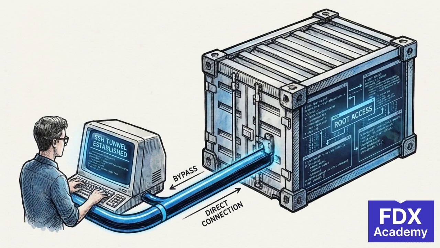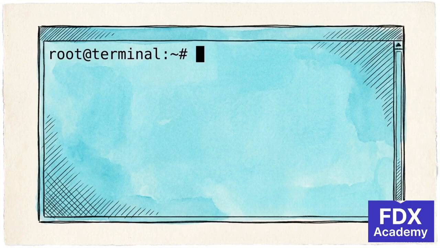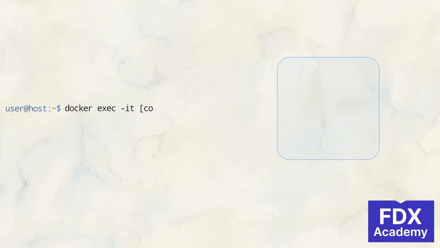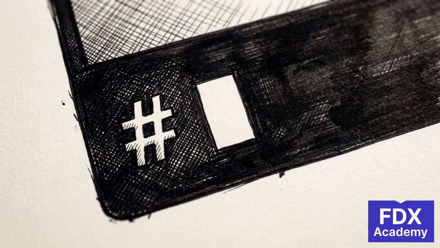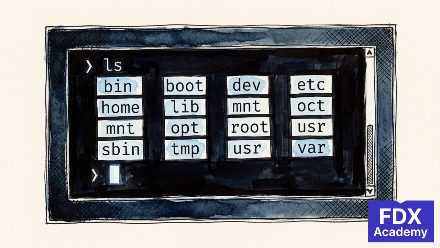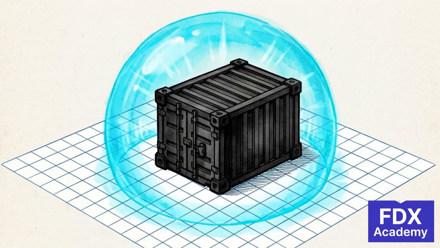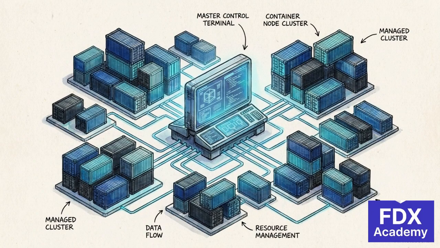Sometimes reading logs isn't enough. You need to physically intervene. The docker exec command allows you to run a new command inside a running container. Combine exec with the interactive terminal flag, -it, and specify a shell like sh. This detaches the command prompt from your local machine, dropping it into the container's isolated shell. You are now inside the environment. Run a standard list command, ls. You will not see your local documents, but rather a distinct, independent Linux file system. The runtime enforces strict boundaries for security and stability,